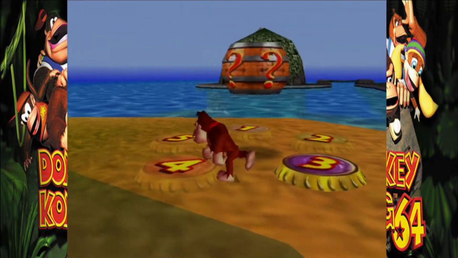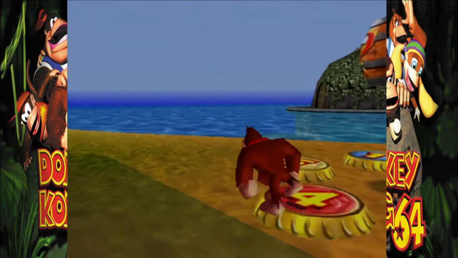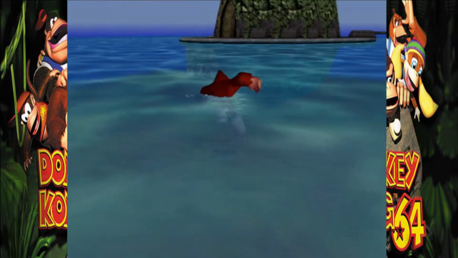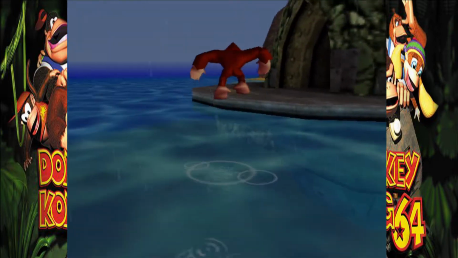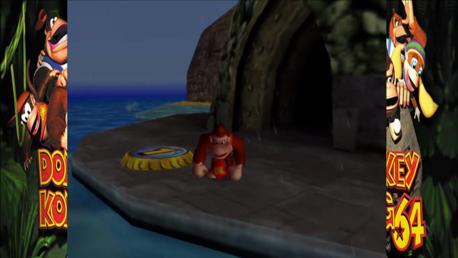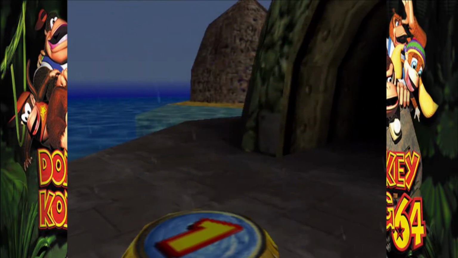There's a whole bunch of these pads surrounding this barrel over here, so I want to activate them all to show that off really quickly. And if we head over to that cave, let's just hop over there a little faster. There's another pad over here too. So like Squawk said, when we have two of the same color activated, we can hit Z to warp between